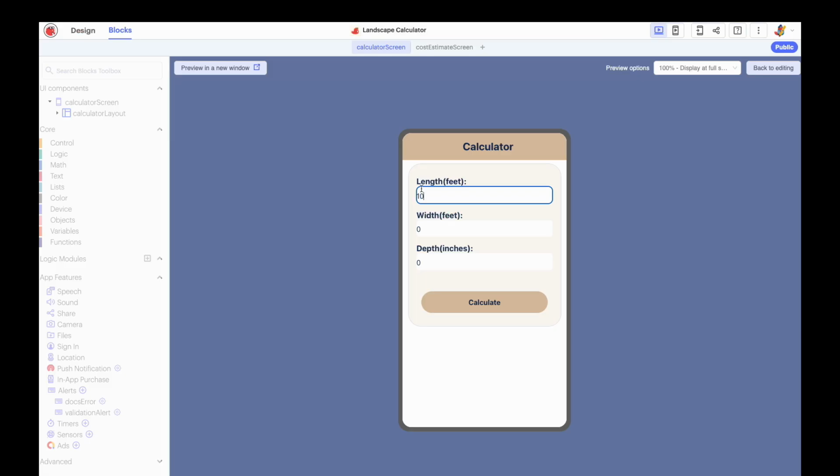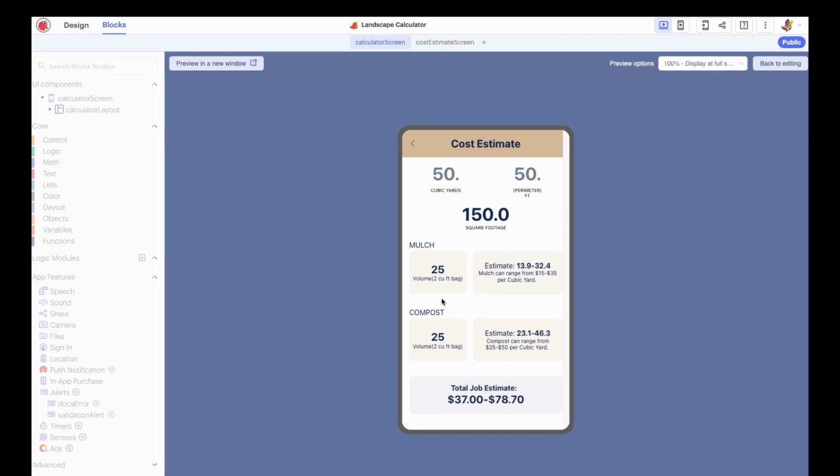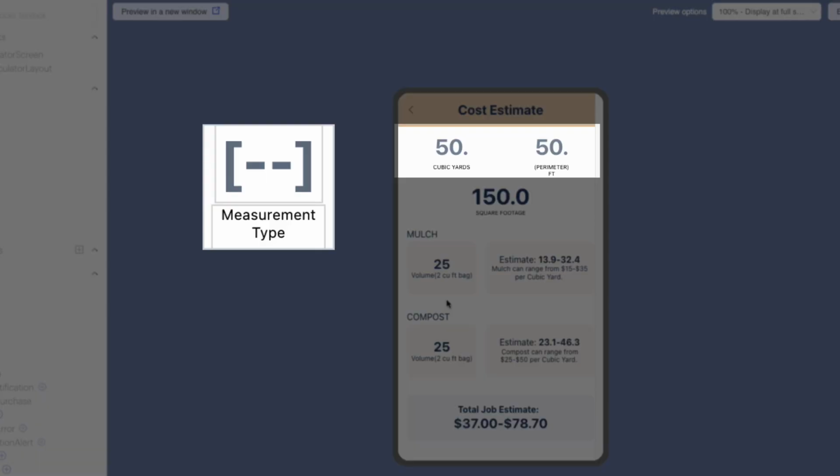Okay, let's test it. We'll add some sample measurements. Nice. We've used a module method to update the measurement type and calculated values on our screen. And if we want to change the design, we can edit the module rather than having to style each individual